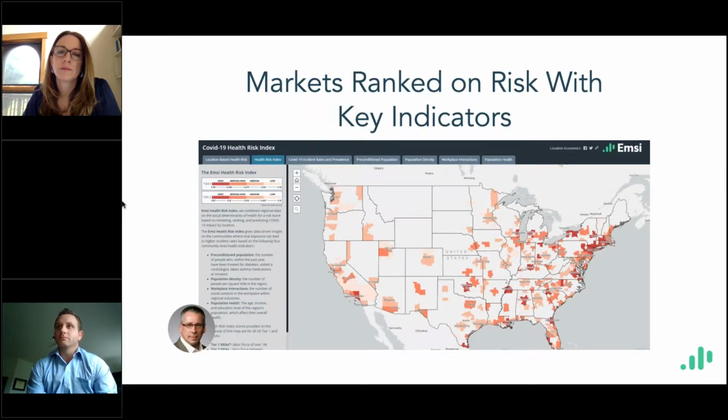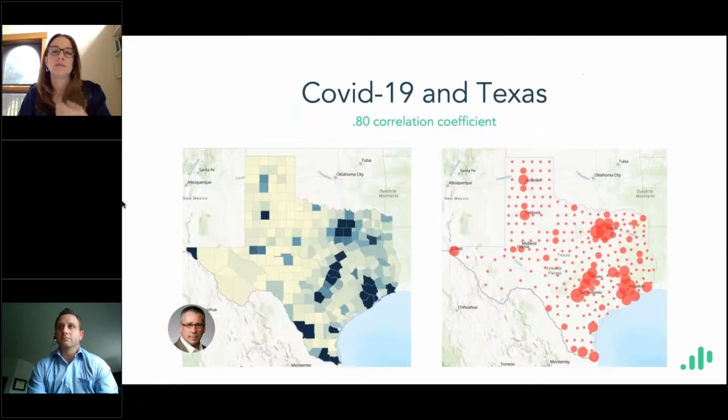And when we compare that to the prevalence, if we go to the next slide, I wanted to use Texas as an example with respect to COVID. You can see the left one is our model, and the darker shaded areas are where we were predicting there would be impact. On the right is the prevalence of the disease, for which we get a live feed from Johns Hopkins daily. We overlay that with our model in the application that we've put out to the public, and we can see that it is very accurate.